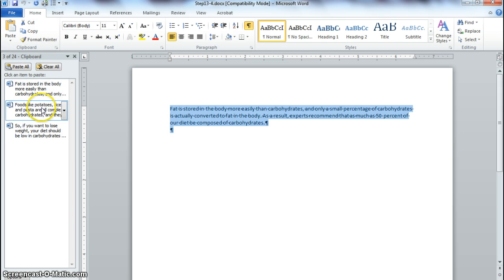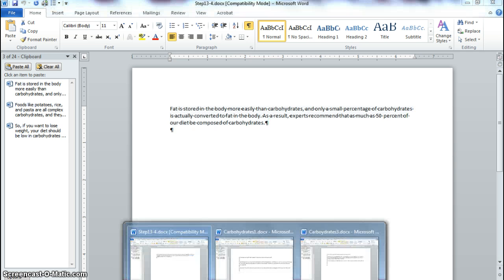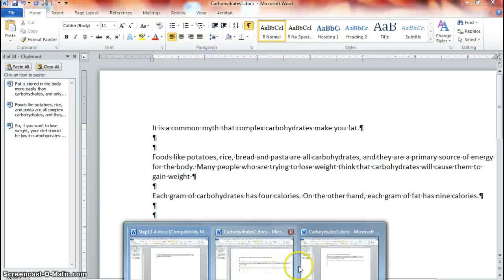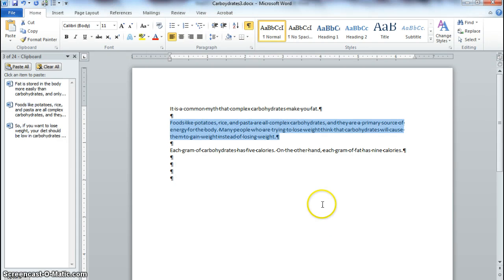So now you should have 3 items stored in your clipboard pane, and it also tells us here 3 of 24. 24 being the highest number of items that you can put on your clipboard. So once you do that, switch back to your carbohydrates 3 document